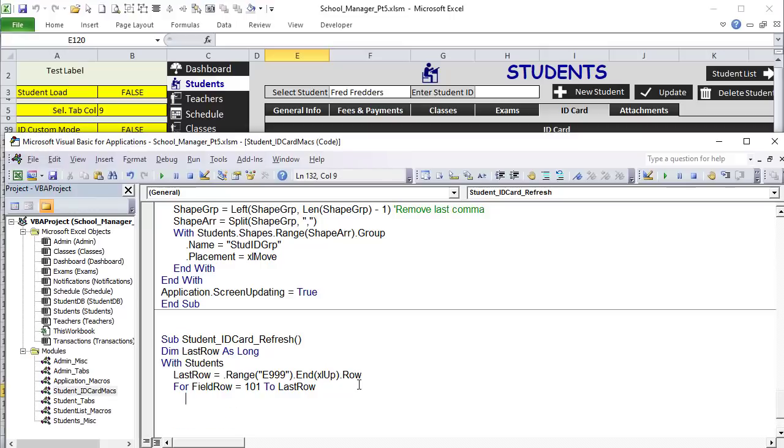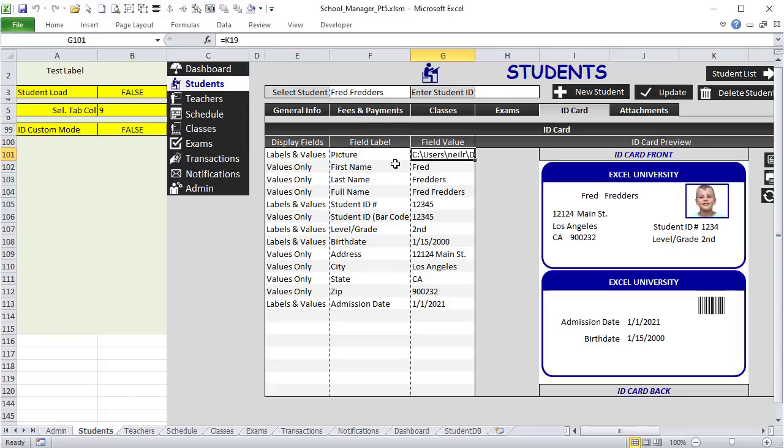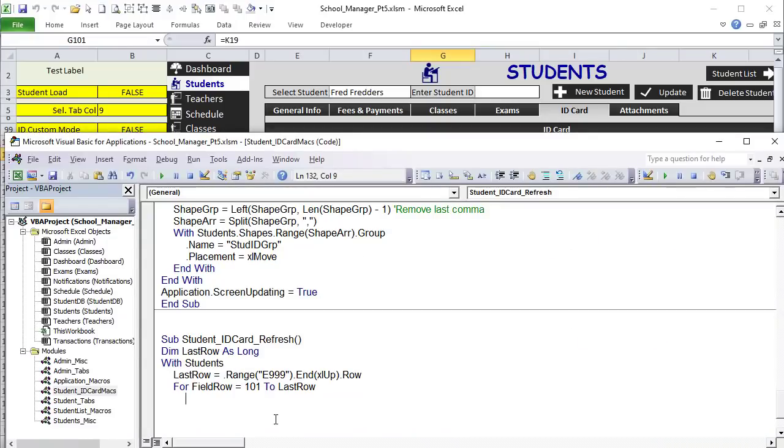Once we have that, I want to differentiate. I want to know if it's 101. 101 is going to be a little bit different because that's our picture. So if the row is 101, then we need to do a few different things with that one. So if the field row equals 101, and I want to make sure that they've chosen to use the values, that they've chosen to show the picture,